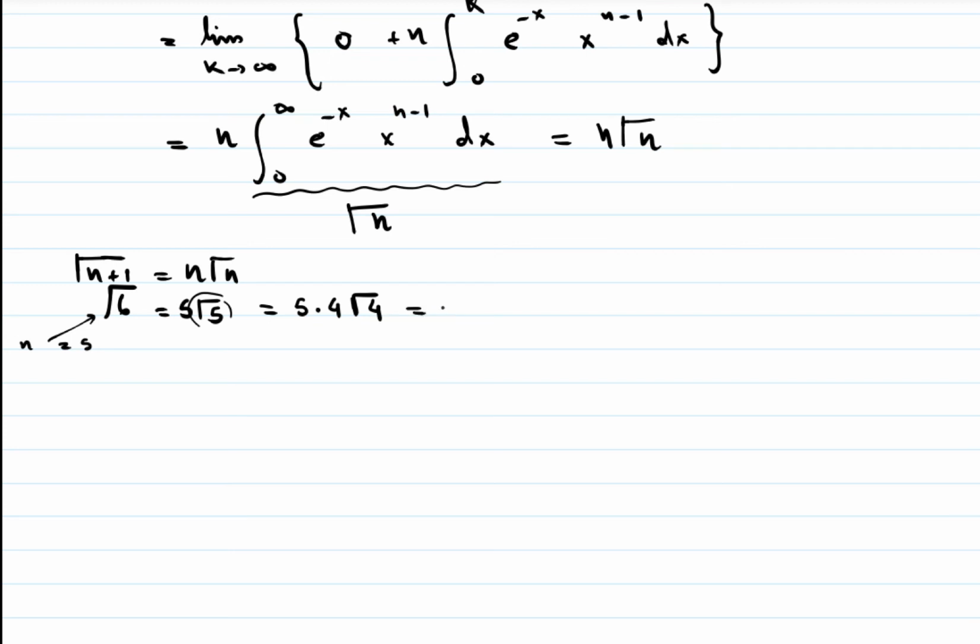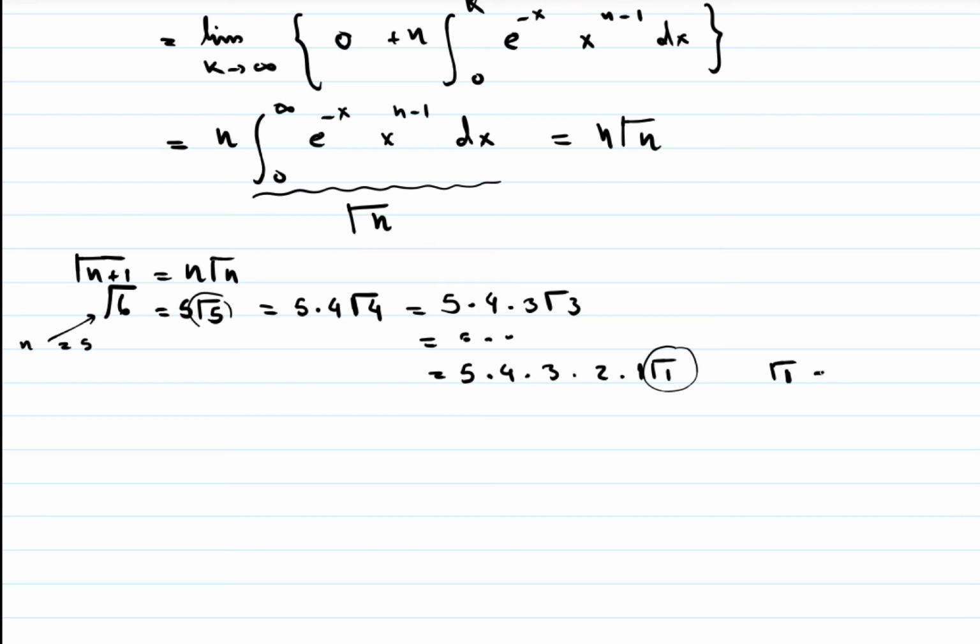So if you do this for 3 plus 1, applying this property, what you're going to get is 5 into 4 into 3 gamma of 3. And we're going to keep on going until you reach a situation in which you have 5 into 4 into 3 into 2 into 1 gamma of 1. Fine. Now this is almost close to factorial, because gamma of